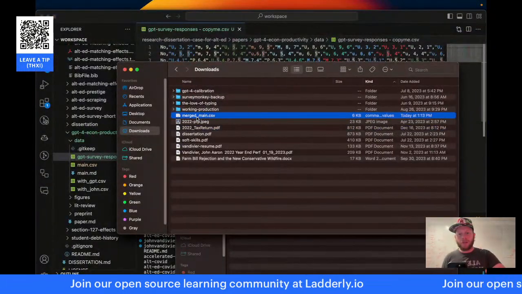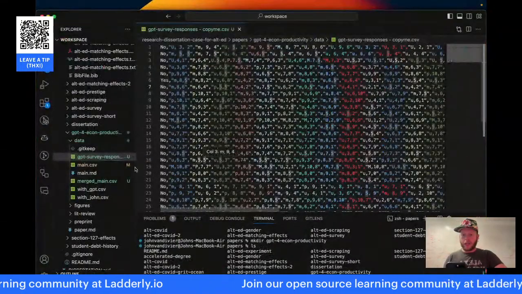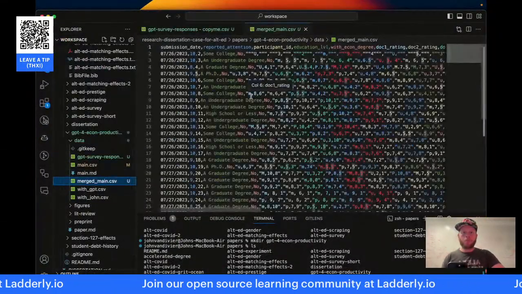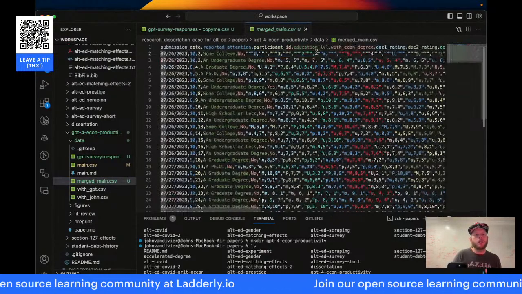So here's merged main. All right, and here I'm looking in the merged main. And no, it's done a poor job.